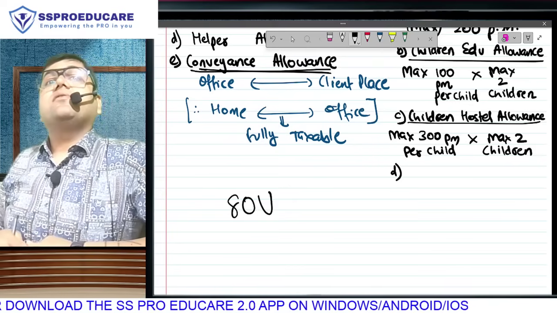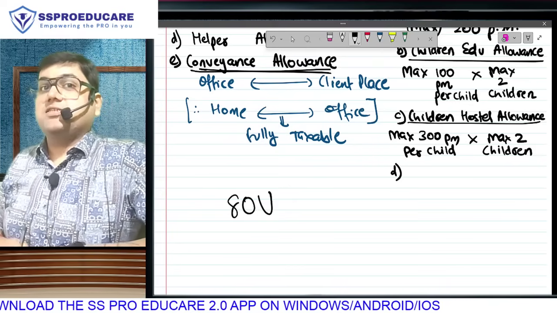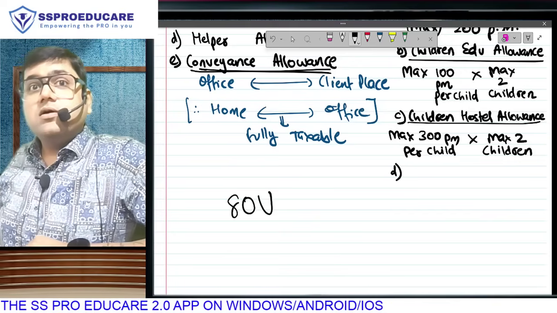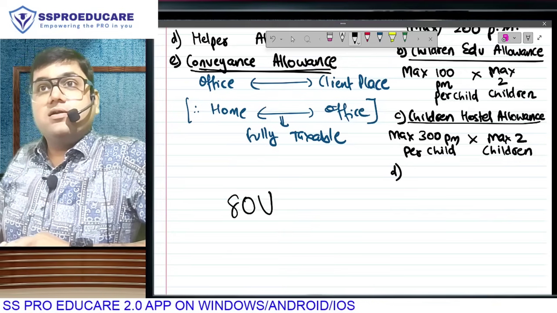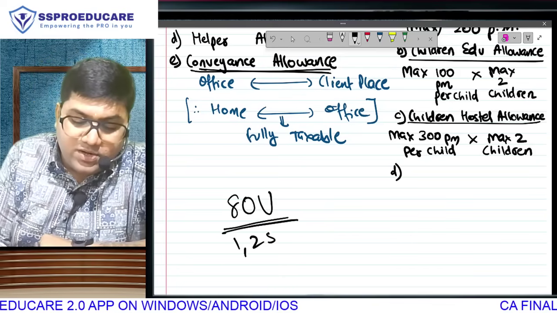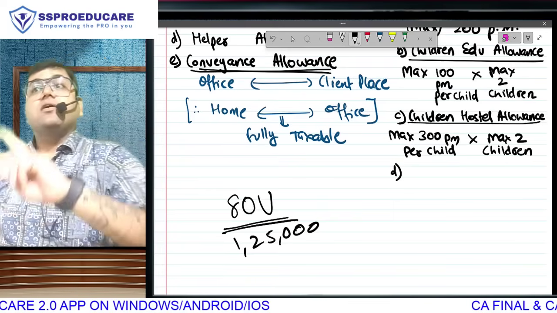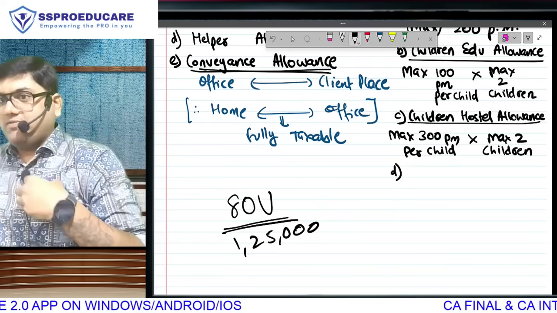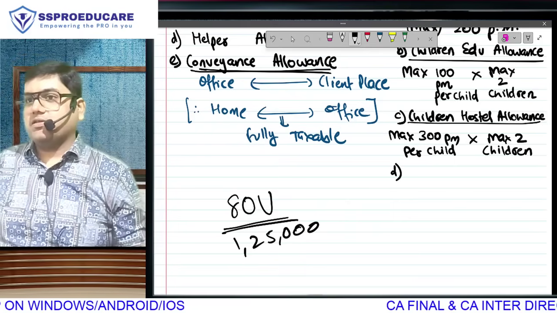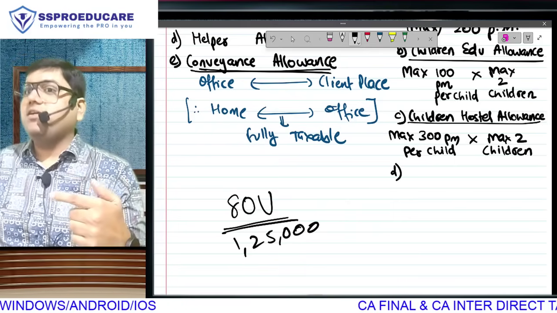You all know 80U? The assessee is, and in fact she is eligible for 80U deduction of 1,25,000. Because in 80U there are two deductions. I will explain. Anybody who has normal disability will get 75,000 deduction. But anybody who is severely disabled,